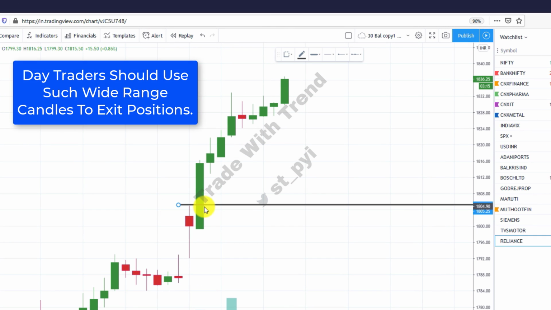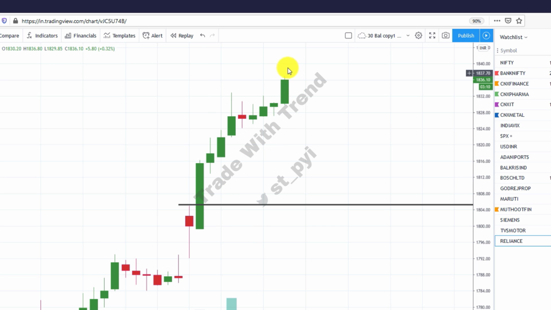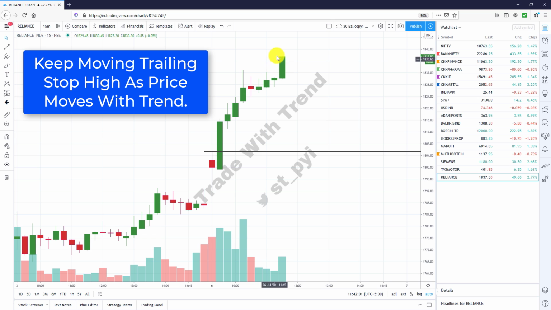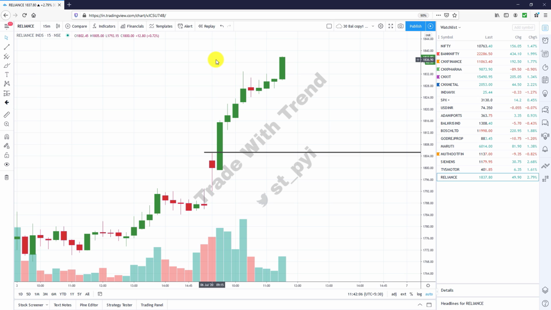What I'll do is I'll just mark out a trailing stop level now for a working professional. It would be somewhere around 1805. So this candle again represents that stronger participants are present, and your job as a working professional is to ride the trend and just keep adjusting your trailing stop so that you can book out profits. And usually such candles are a sign that there are a lot of stronger participants present, and for a day trader especially, such candles do give an opportunity to scale out positions. This is what I do. If you have watched my previous videos, I use such wide range candles to exit positions.